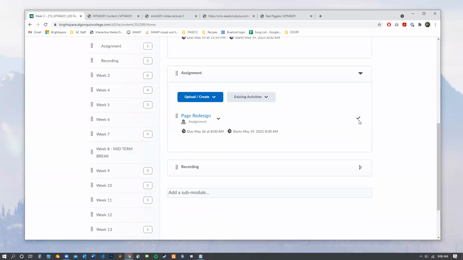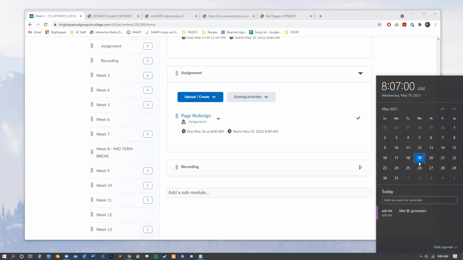We also have your first assignment going out today. The first assignment is the page redesign. It's a simple one-page website, really, and it's just some CSS, to be honest. That'll be due in one week. So if we look at May 26th,